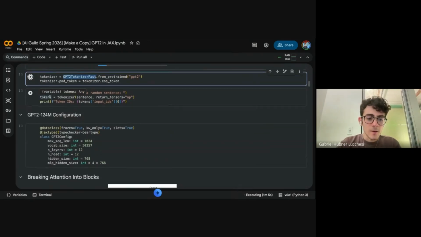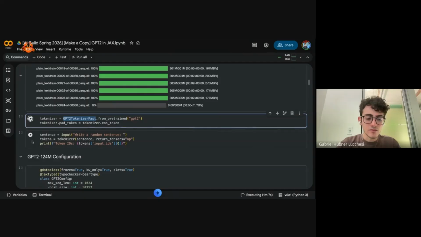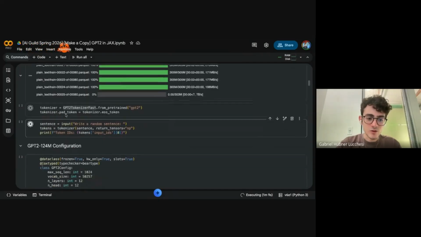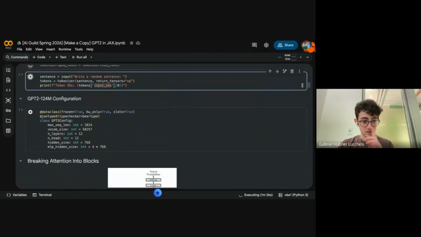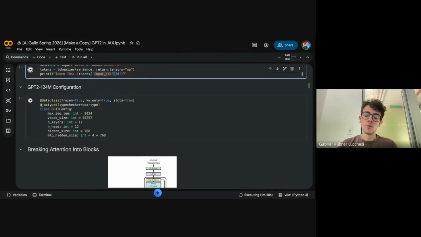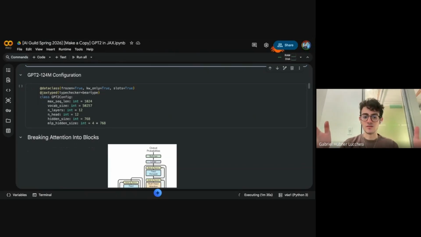So once this is done, which is going to take a little bit, you just ask it to write a random sentence, and then it's going to tokenize it for you. What that looks like is I'm just going to say, oh, pancakes and bananas, whatever, and then you're going to see a sequence of numbers representing that specific sentence that I said. And that's how the model actually understands text. We're going to grab that sequence of numbers, and then each number has its own vector representing it. That's how we first embed the text. This is called the embedding.